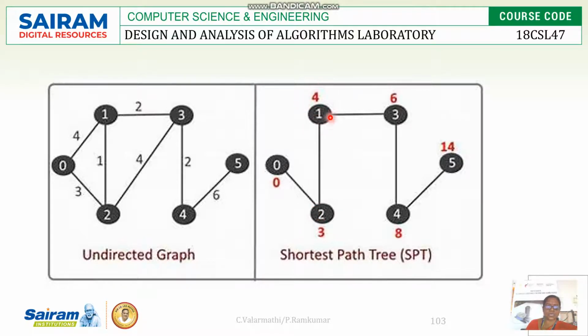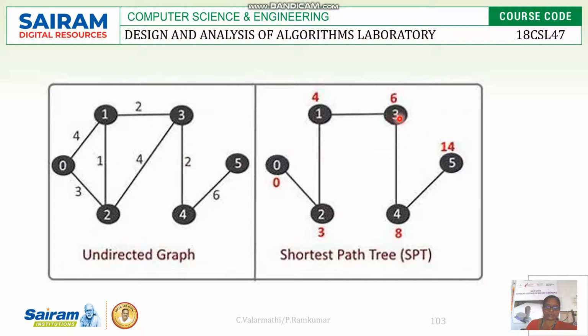Then now this one is assumed as the source node. How many edges are coming out from this node? There are 2 already. One we have visited, so there is no need to visit the already visited edges. We can go with the second unvisited edge, like 3. So from 1 to 3 is now visited. Then again you assume internally that 3 is the source node. From 3, how many edges are there? There are 2 edges, one with cost 4 and one with cost 2. So we can go with the lesser one.